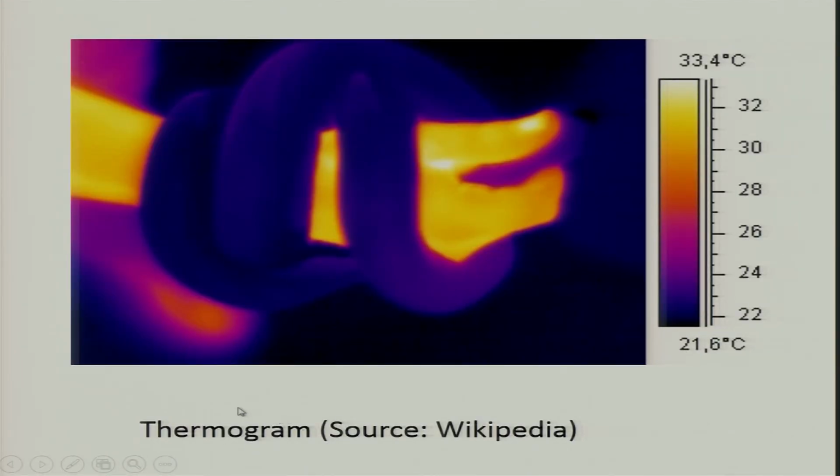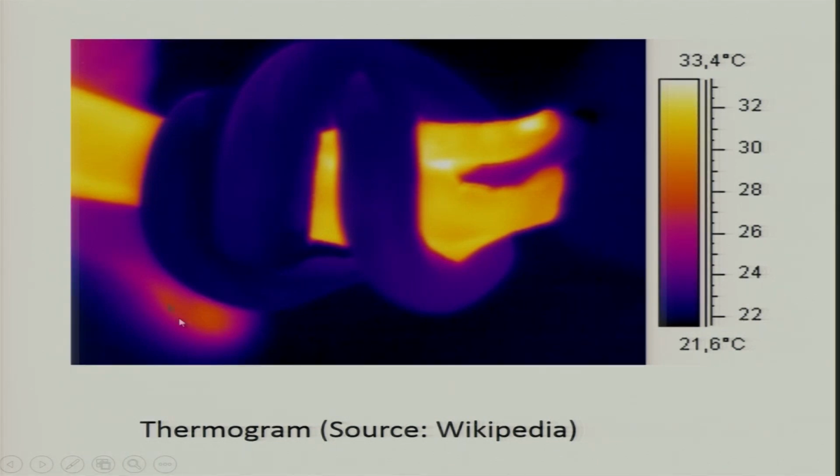What you have here is a thermogram. Basically it is an image which shows local changes in the temperatures. You have a human hand on which there is a snake that is wound. Snakes, as we know, are cold blooded animals and humans are warm blooded animals. So, you can see the temperature of the human hand is at about 32 degrees Celsius, and the snake, which is dark blue, is at about 22 degrees Celsius. You can see this very clearly from the different color contours. This goes from 22 to 32 degrees Celsius.